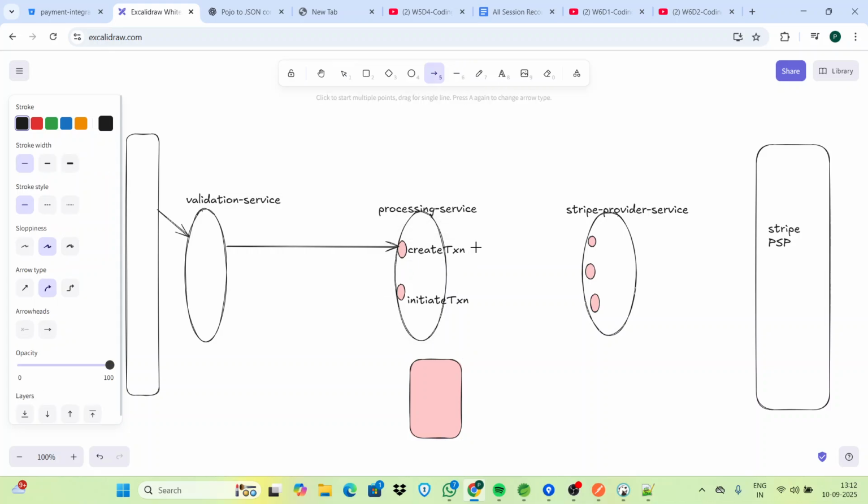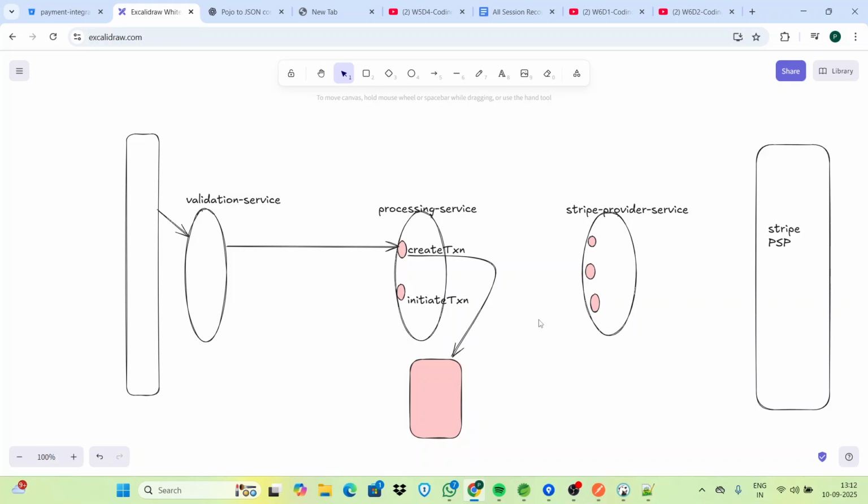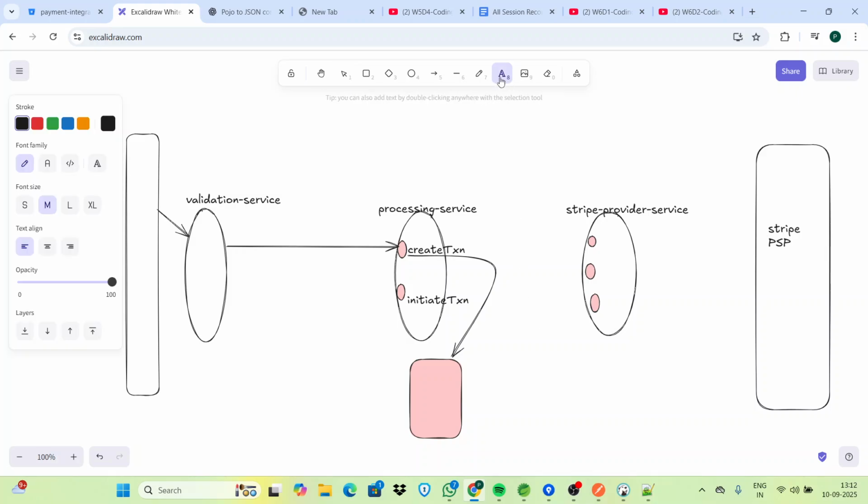The work of the create transaction is to save the transaction inside the database with created status,